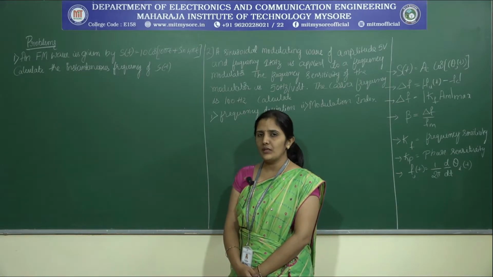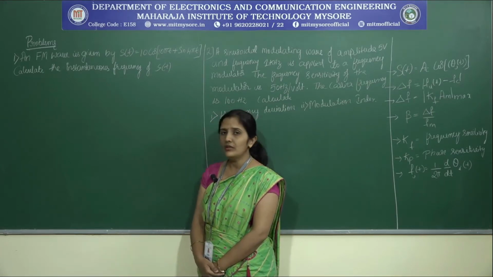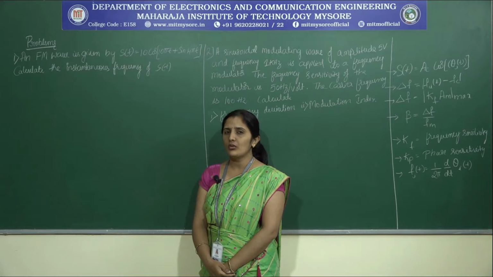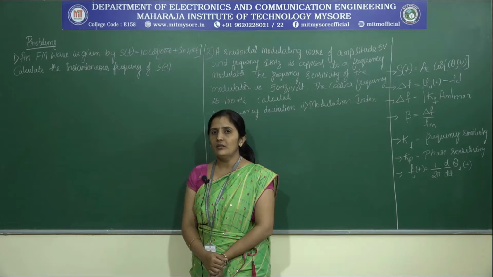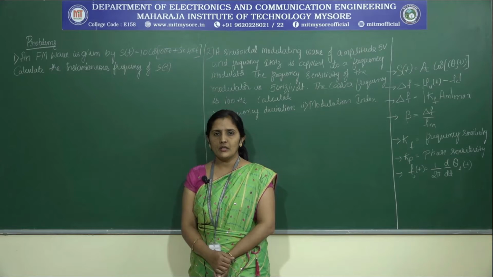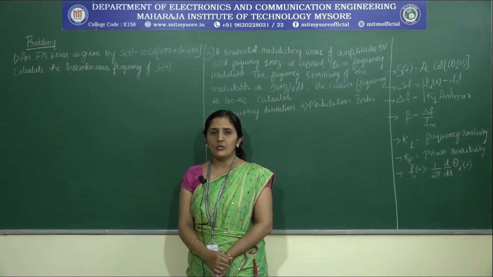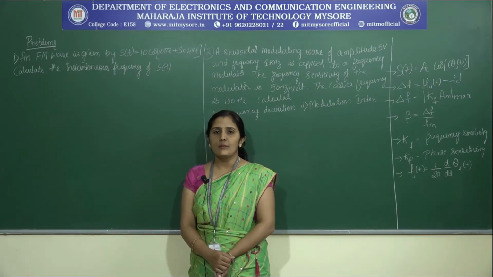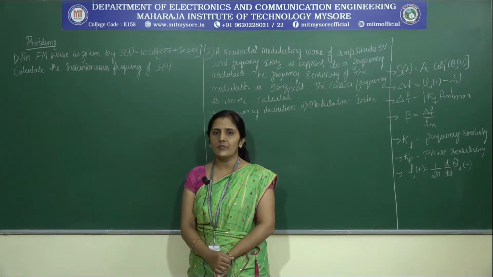So last class we have seen the derivation and also the formula for the deviation of the FM signal, correct? Here now we are going to solve more problems regarding the related derivation. Also we have seen the frequency deviation and the modulation index formula. Frequency deviation is nothing but the maximum departure of the instantaneous frequency from the carrier frequency. And also the modulation index is different from amplitude modulation, and here we are going to explain the angle modulation index.